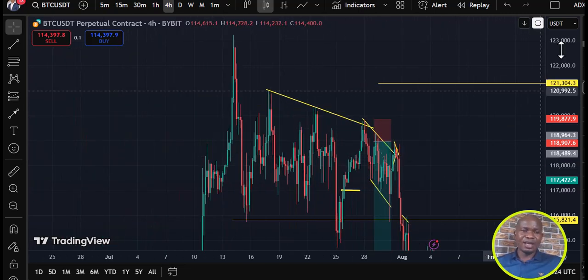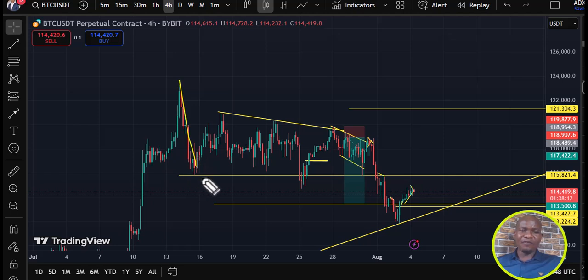Now look at it here. We have an impulse here. We have a correction here, which is in the form of a running flat, and we're expecting the next impulse to play out. You can see how clean this is, how beautiful this is. It gives you more confidence, and once you start seeing this, you won't unsee it.